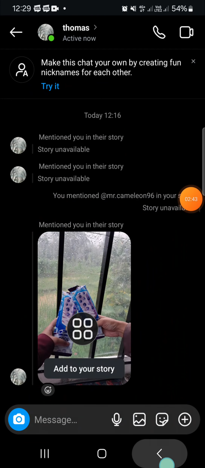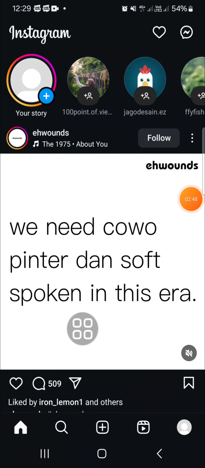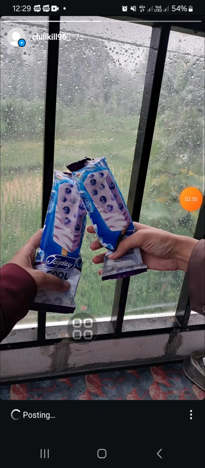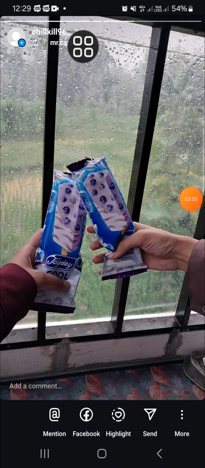Okay, and then I'm going to see the collaboration. Okay, it's still loading. All right, and you will be able to see the collaboration right here. Okay guys, and that's all the way to add a collaborator on